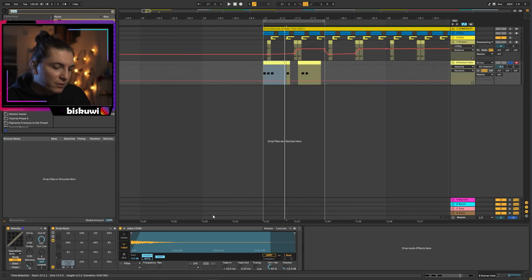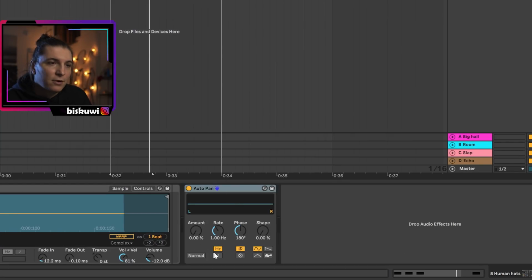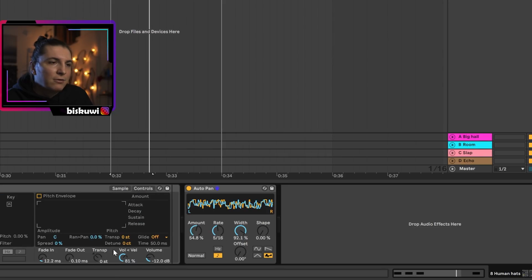And then I'm going to bring in auto pan. We're going to implement the same idea that we had before. But this time I'm going to go to random, increase the amount and increase the width as well. And then we're going to play with this so that it's a bit faster. The idea here is that every hit is panned a bit left and right. You can also do the exact same thing, to be honest, in the control here, and pan to random, but then you don't have the same controls that you have here. That's the issue. I want to control my own parameters and so on. But if you play now,